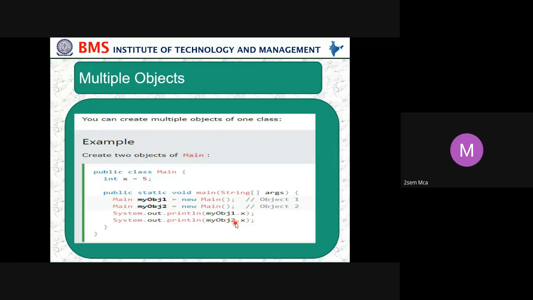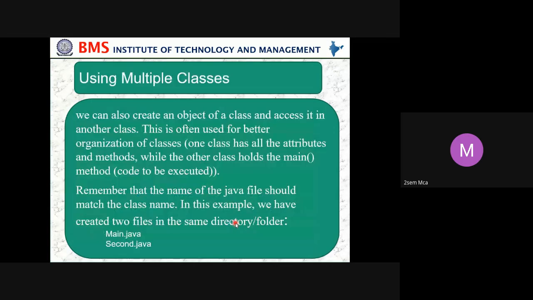What is the output of this program? 5, 5. Yes, 5, 5. Though we create any number of objects, in this program we have taken the x value as 5 and we display x two times, so it will print 5, 5.